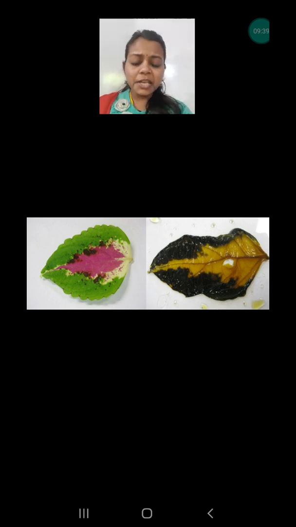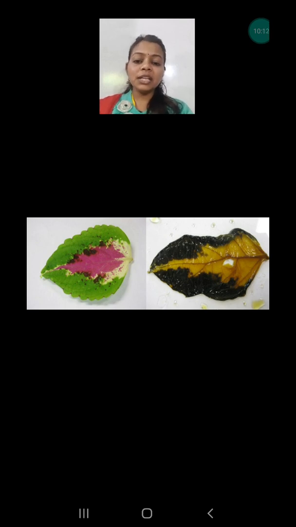Next, if you do the same process with a leaf which sometimes does not have chlorophyll. If we talk about this coleus leaf, in between there is a pink color, okay, and in this leaf some parts cannot have chlorophyll. So if we do the same process with this coleus leaf, then those parts which are non-green do not turn blue-black in color, as you can see in this picture, whereas all those green parts have turned blue-black in color, whereas the pink color has not converted.